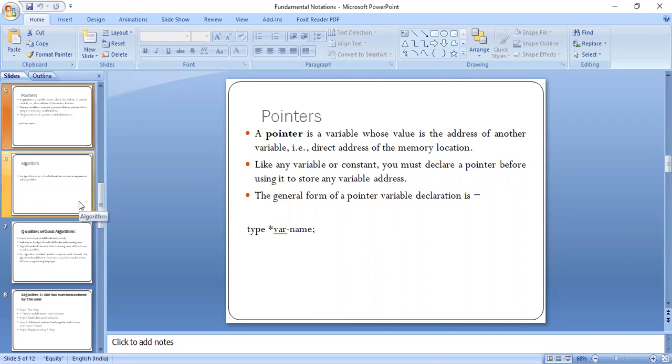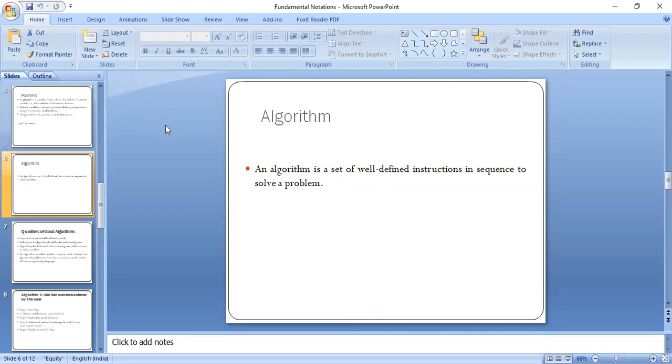All right, so moving ahead, we have algorithms. Now, what are algorithms? An algorithm is a set of well-defined instructions in a sequence to solve a problem.